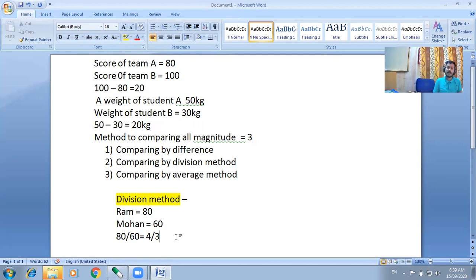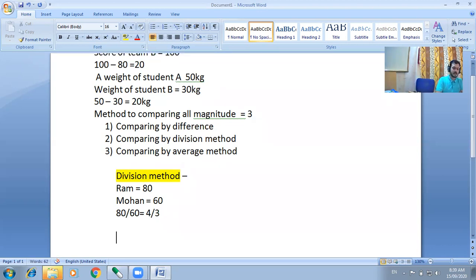Okay, it is by which method? By the division method. Division methods are also known as ratio. That is our main task in this chapter: to understand what the meaning of ratio is and how we can represent ratio, how we can compare, or how we can check whether it is a similar object or a non-similar object. So what is the meaning? Comparison of the same thing.